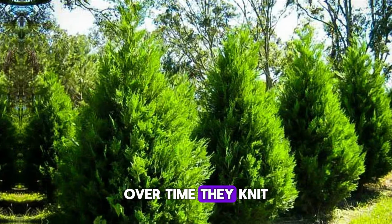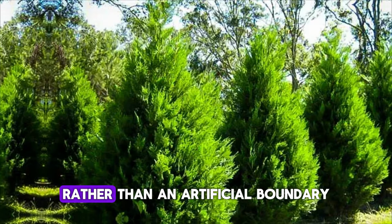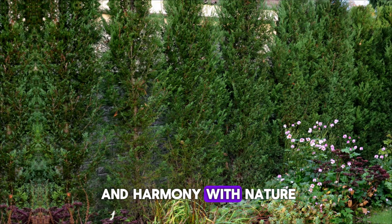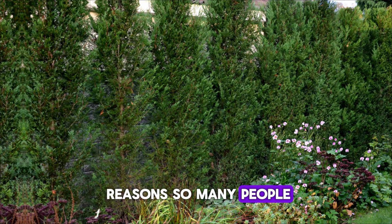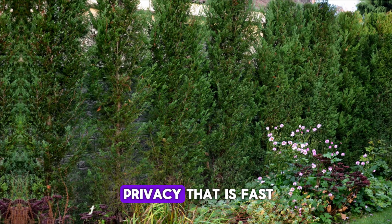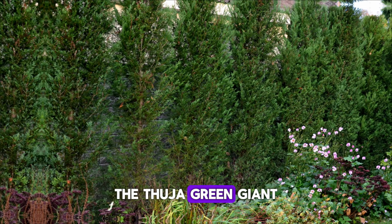Over time, they knit into a nearly seamless screen that feels like part of the landscape rather than an artificial boundary. This sense of permanence and harmony with nature is one of the reasons so many people prefer them over fences or walls. For the homeowner seeking privacy that is fast, reliable, and aesthetically pleasing, the Thuja Green Giant is